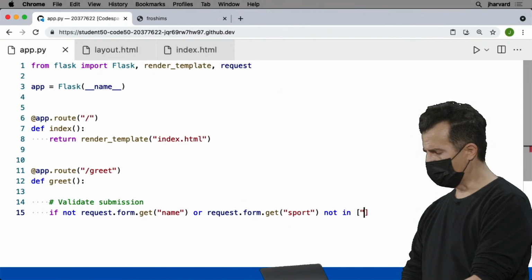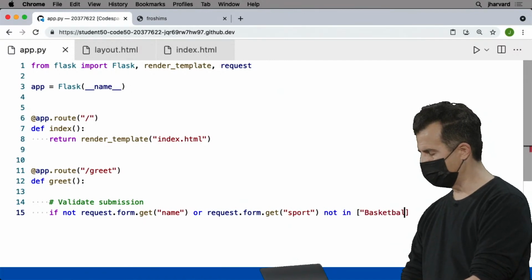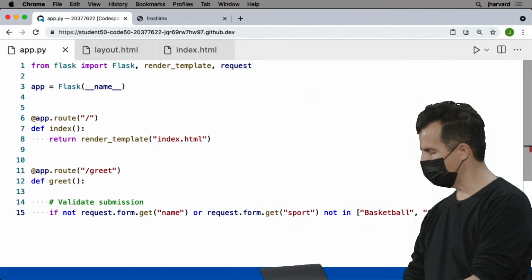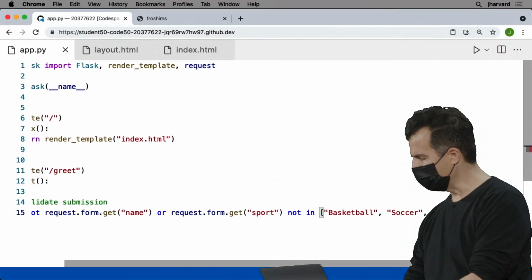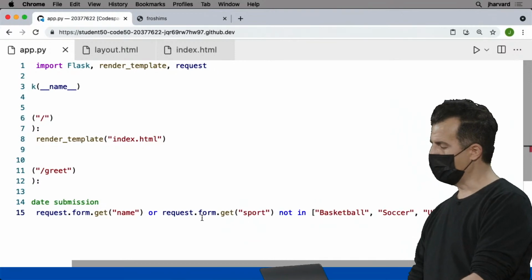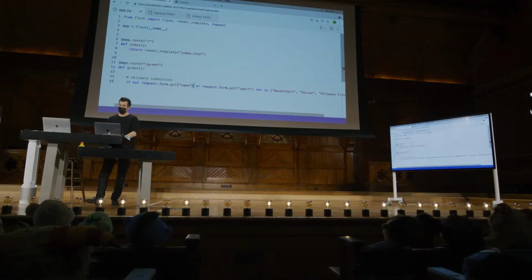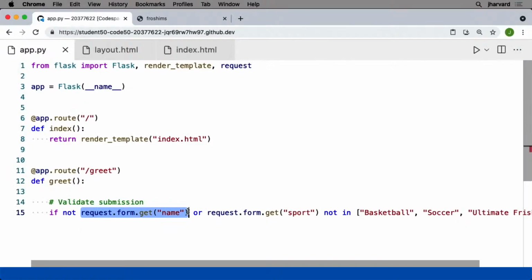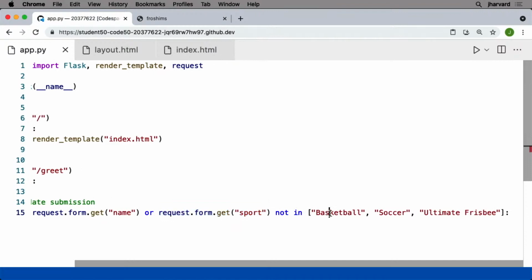not in, what were they? Basketball. The other one was soccer. And the last was ultimate frisbee. Getting a little long, but notice the question I'm asking. If the user did not give us a name, that is, if this function returns the equivalent of false, which is quote unquote, or literally None, if there's no such parameter, or if the sport the user provided is not some value in basketball, soccer, or ultimate frisbee, which I've defined as a Python list, then let's go ahead and